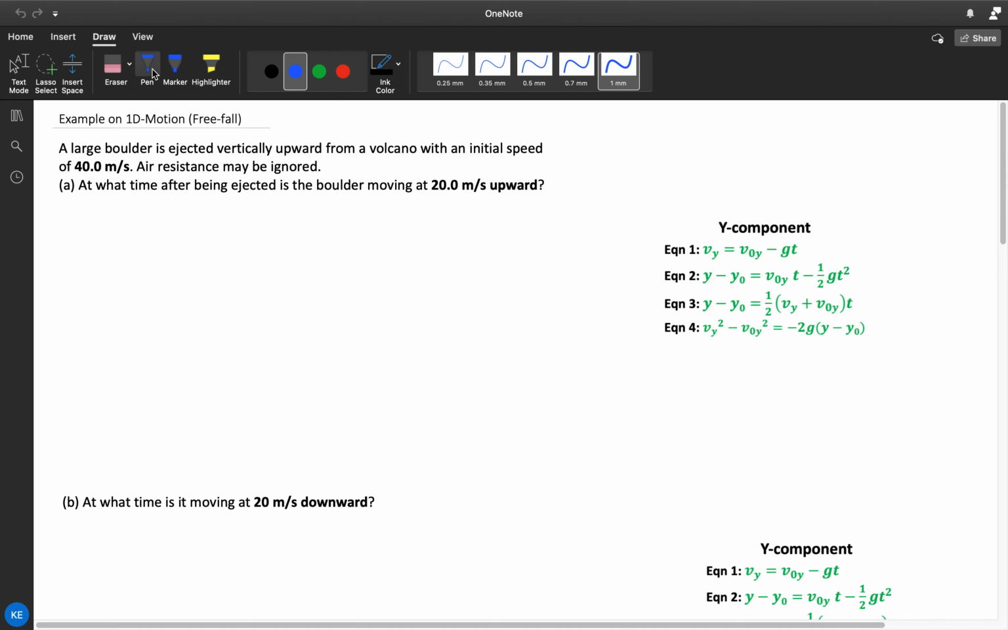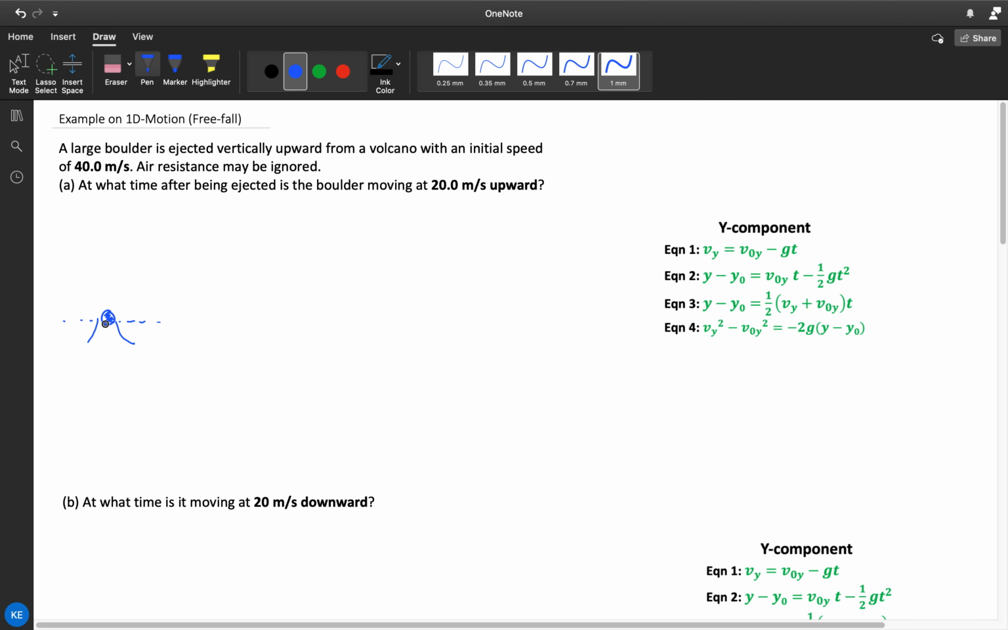We have an example here on free fall motion. A large boulder is ejected vertically upward from a volcano with an initial speed of 40 meters per second. Air resistance is ignored. So here, when we say boulder, large nga or dako nga bato nga gi-eject sa niirap nga volcano. So this time here, so if you'll notice for the four kinematic equations, so mo ang initial position